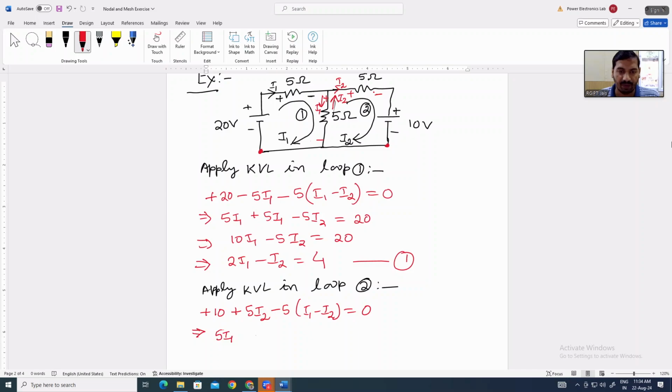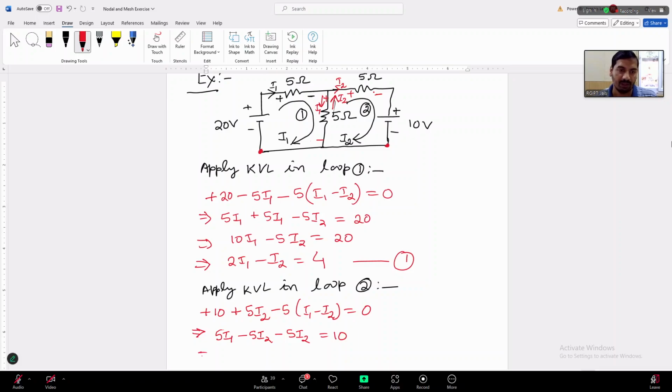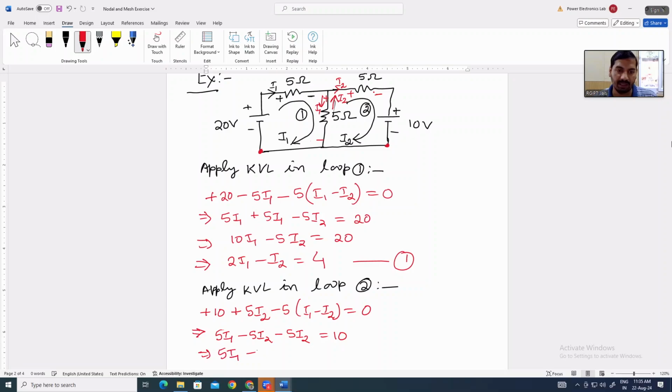5i1 minus 5i2, minus 5i2 is equal to 10 होगा। इसको हम राइट साइड भेज दिए, इसको भी राइट साइड भेज दिए। ओके, एक साइड पे वेरिएबल, एक साइड पे कांस्टेंट। सो 5i1 माइनस 5i2, और इसको भी इक्वल के आगे भेजे हैं तो -5i2। ये हो जाएगा 5i1 माइनस 10i2 इज इक्वल टू 10। ओके, सो इट मीन्स